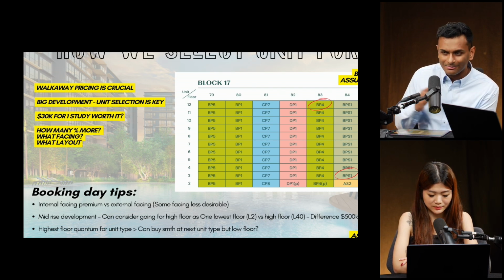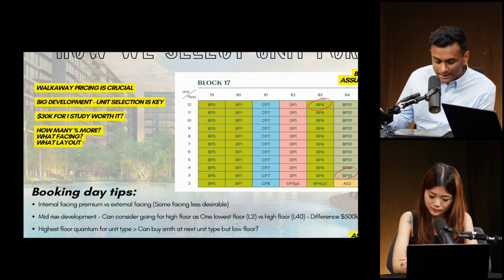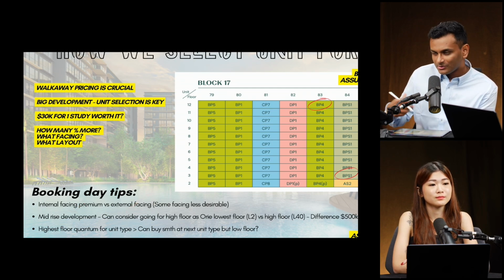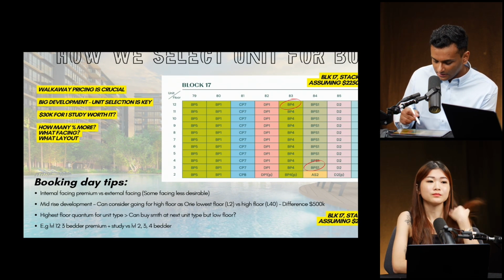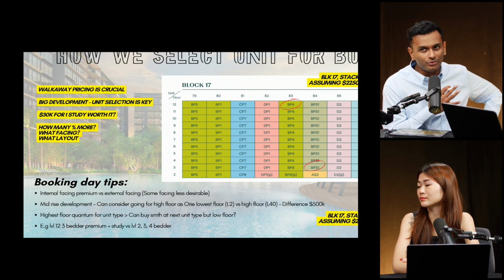So it's important to know how many percent more, what kind of facing you're looking at, and what kind of layout you're looking at. Internal facing premium versus external facing premium. Some facings may be less desirable, like what I mentioned, the bus interchange, which is noisy. For a mid-rise development, like I mentioned, you can see 30k, is it worth it? Because it's important, you see, on a resale, level 2 versus level 40,